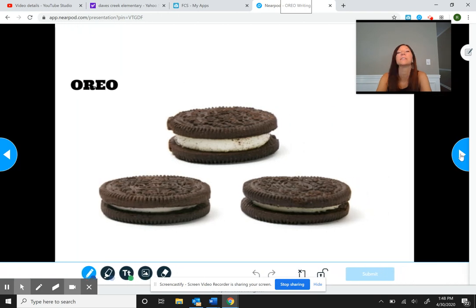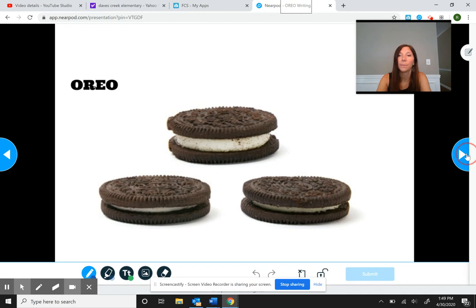This is the way I like to teach opinion writing sometimes, because I love to eat Oreos, and this is a great example. If you look, this first part is a chocolate cookie. That represents our opinion. So when we write, we're going to use an opinion first, and then the cream part represents why we believe what we believe. Why do we think that? And then we're going to end our writing with another cookie, another opinion. So it's going to go opinion, why we think that, and then opinion.